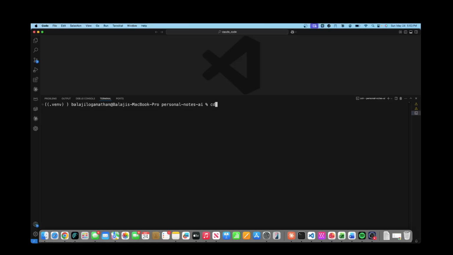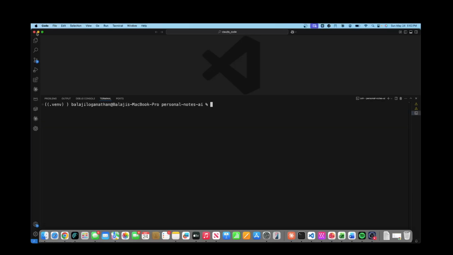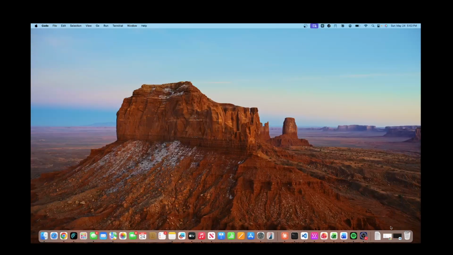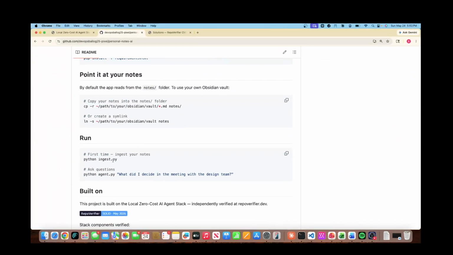So we are there in the repo, and now we can run the ingest command. We can ingest the notes.